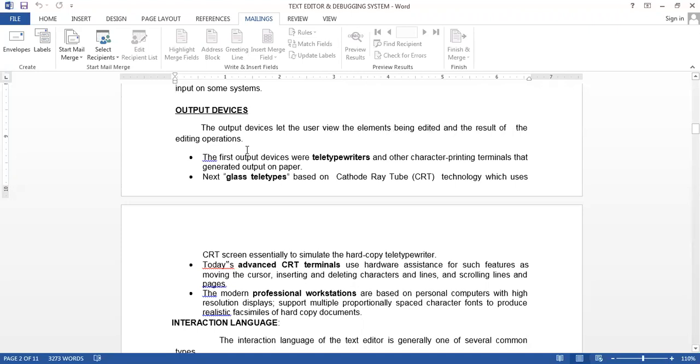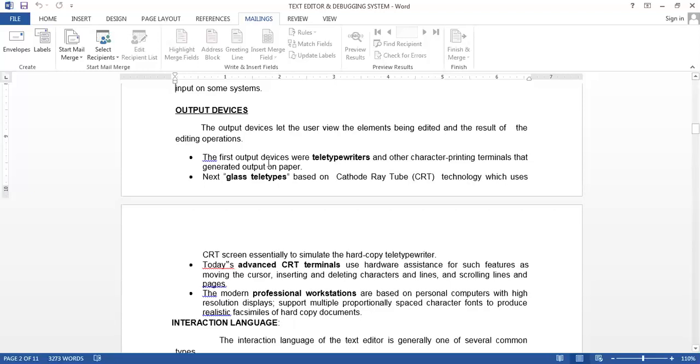Using input devices, we enter the text, select the text, and perform some formatting and editing, and using output devices like the monitor, we can see what the content is, what editing operations are being performed on this content, and what the result will be after performing all the editing operations.